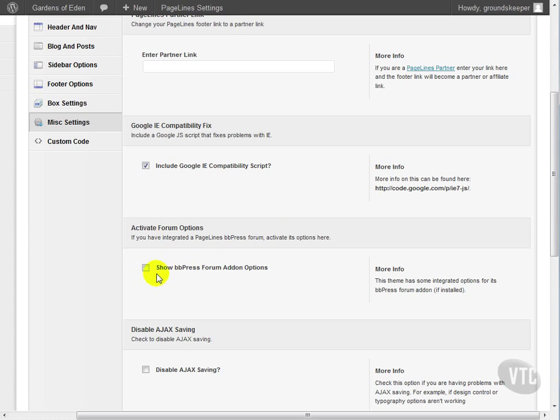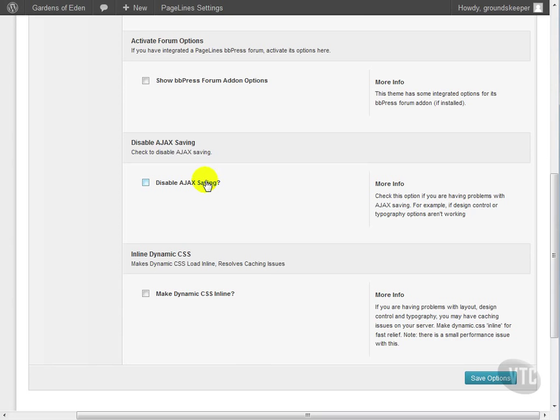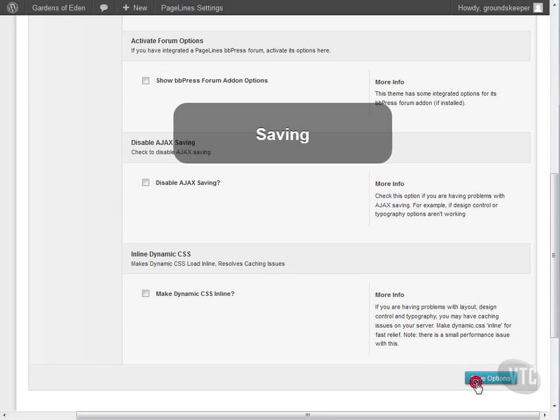We can show the add-on options for bbPress forums if we have a bbPress forum installed and integrated PageLines with it. Since we don't have that, we're not going to check that. We can disable Ajax saving. If certain things aren't working, you can do this to troubleshoot it. And we can make dynamic CSS inline. That's also if you're having issues with CSS, you can check that and try to narrow down the causes. So we'll save those,